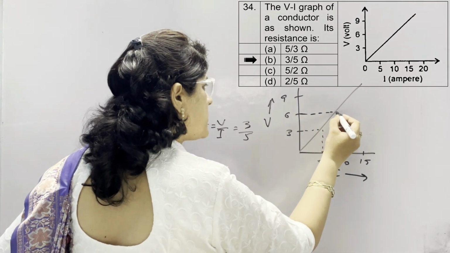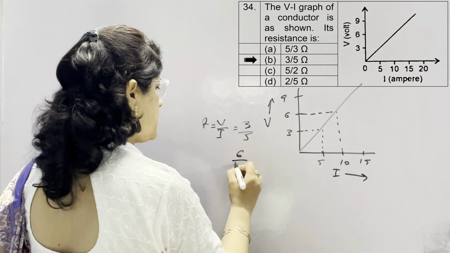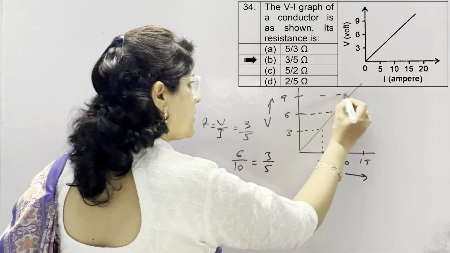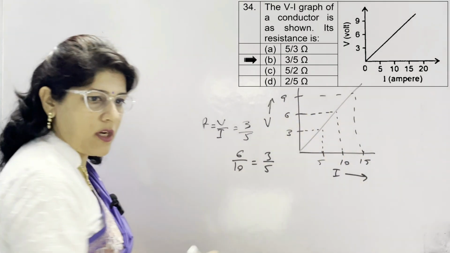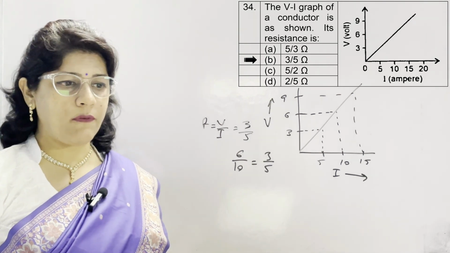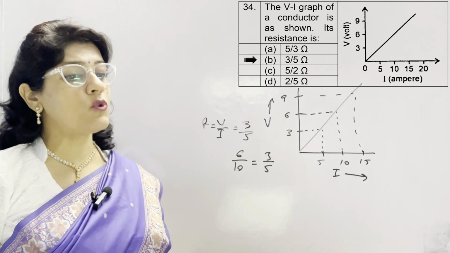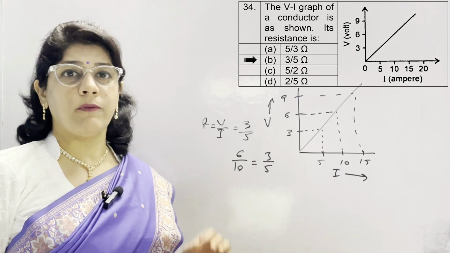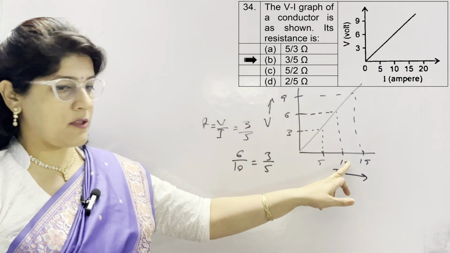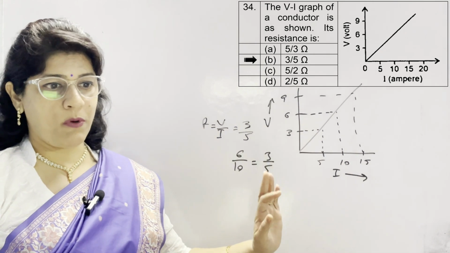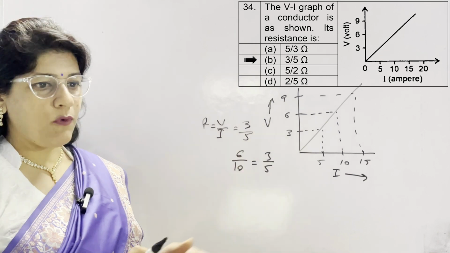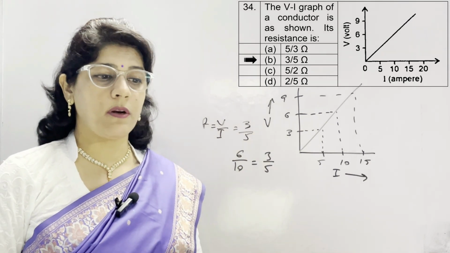यहाँ पे 6 है और 6 के corresponding यहाँ पर 10 है. तो 6 upon 10 कितना हो जाएगा? 2 3 जा 2 5 जा. थर्ड वाले में भी चेक कर सकते हो. 9 upon 15, again 3 upon 5. So given options are A is 5 upon 3 ohm, B is 3 upon 5 ohm, C is 5 upon 2 ohm and D is 2.5 ohm. जब भी हमें किसी ग्राफ की स्लोप निकालनी होती है, पहले y एक्सिस की क्वांटिटी को लेते हैं, फिर x एक्सिस की क्वांटिटी को लेते हैं. y अपॉन x होता है स्लोप का फॉर्मूला, और यहाँ पर स्लोप vi ग्राफ के हमें रेजिस्टेंस दिखा रही है, तो इसलिए 3/5 ohm is the correct option, which is option number B.